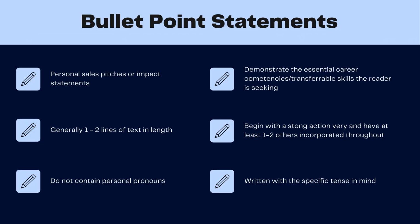So let's start with what bullet point statements in a resume are. Bullet points can be thought of as personal sales pitches or impact statements that demonstrate the skills and competencies the reader is looking for. The job or program description will indicate what traits or experiences it is looking for in an applicant, and it is your job to show how you possess and have effectively utilized those skills and experiences